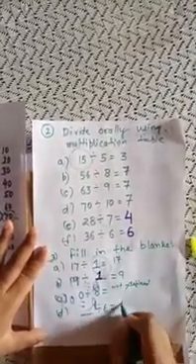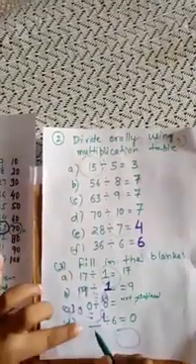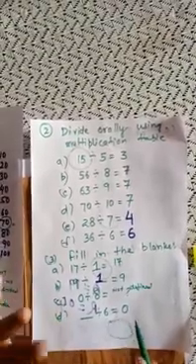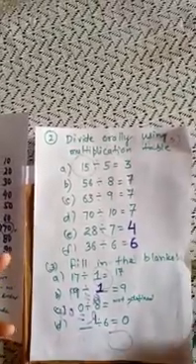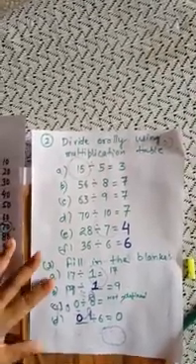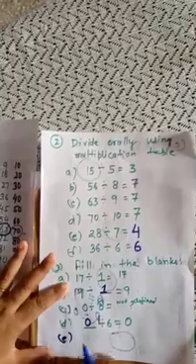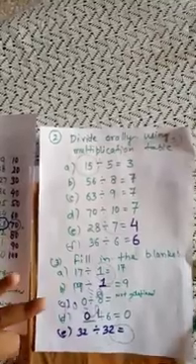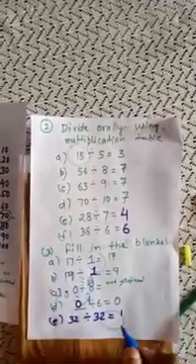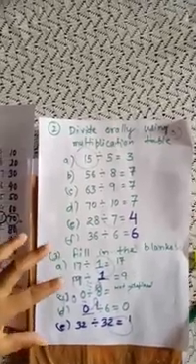Dash divided by 6 is equal to 0. Which number will be divided by 6 to get the quotient as 0? So according to the property of division, when we divide 0 by 6, then the quotient is 0, or we can say the quotient is not defined. We cannot divide it. Now come to E. 32 divided by 32 is equal to what? When a number is divided by the number itself, the answer is always 1. Here when 32 is divided by 32, the result is 1. Now come to F.